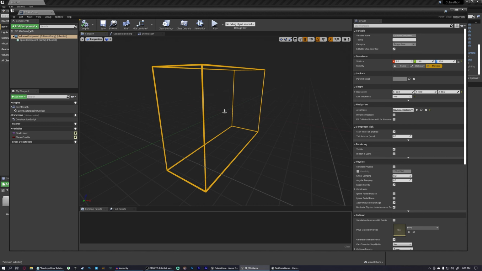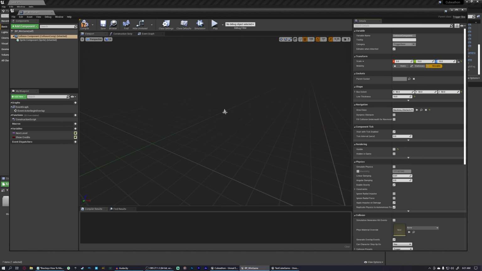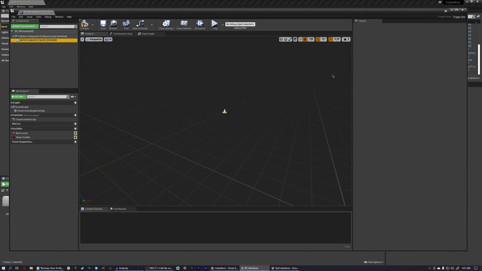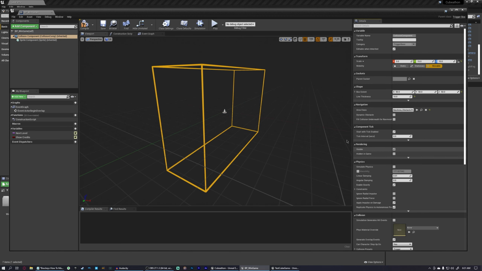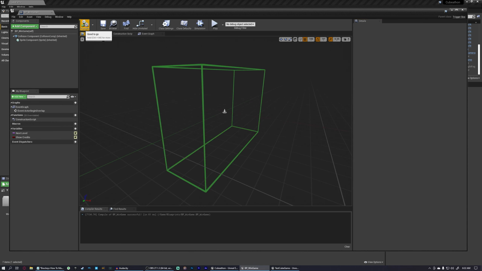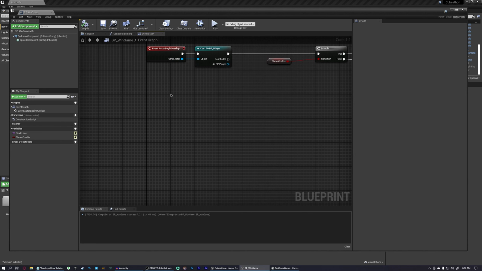the visibility of this collision box here, you can see this little sprite thing here is still visible, and you can't change the visibility of a sprite component that's inherited. So let's click our collision component here, just enable the visibility by default. We're not going to bother trying to change hidden in game because it's not going to do anything for this little sprite. So instead we're going to come over here to our event graph, and down at the bottom